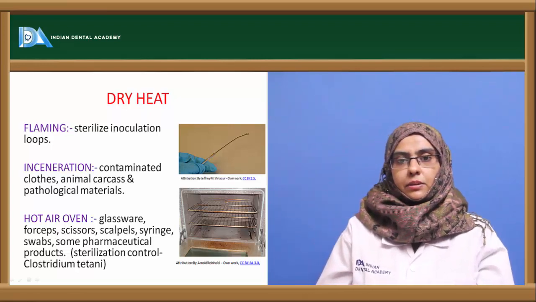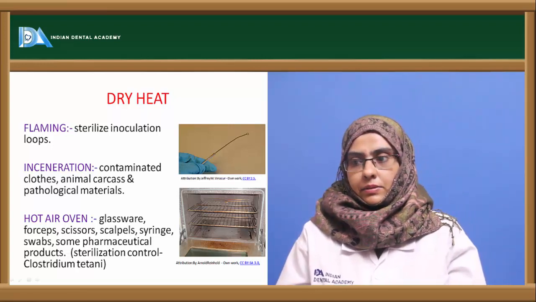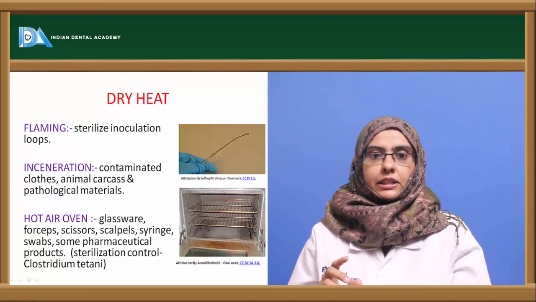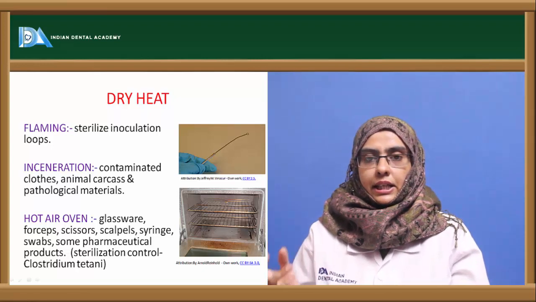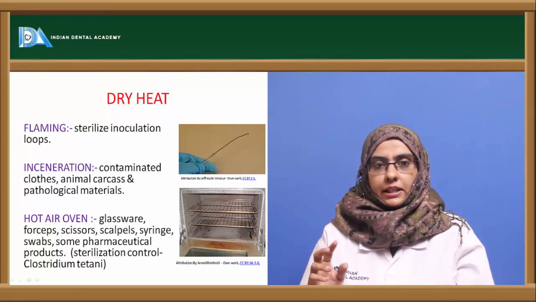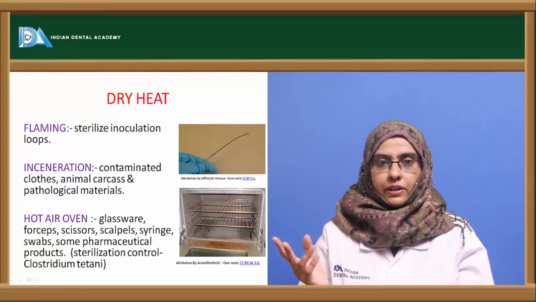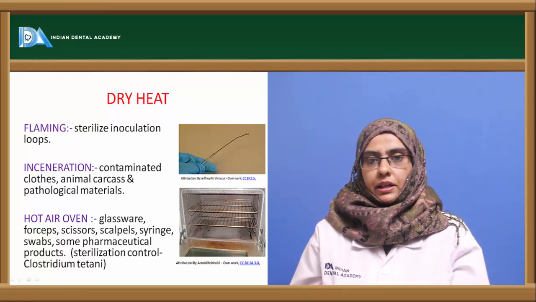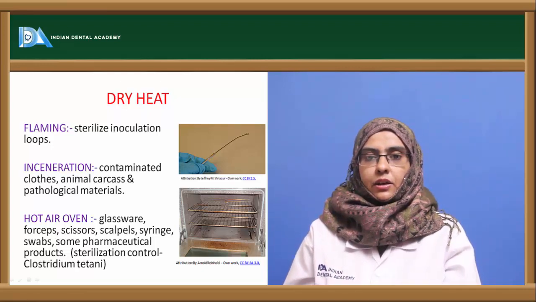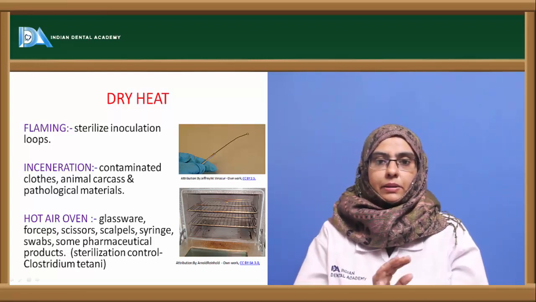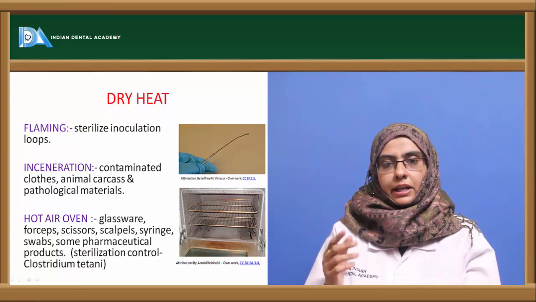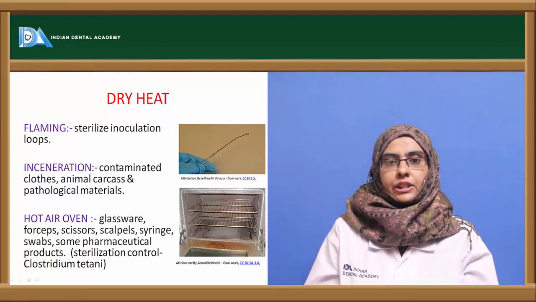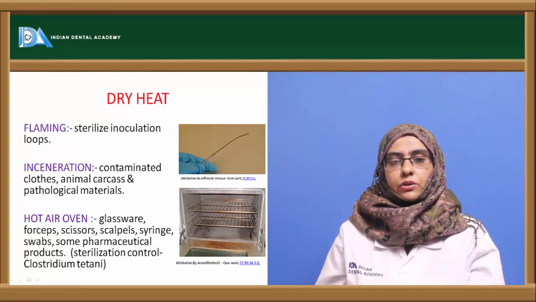This oven has an electrical heating element that transfers the heat, and there is a fan inside that circulates the air and distributes it equally inside the hot air oven. When preparing to sterilize in the hot air oven, we have to see that glassware is completely dry, because the presence of water might crack the glassware. So keep the glassware dry, and see to it that the hot air oven is not overloaded,